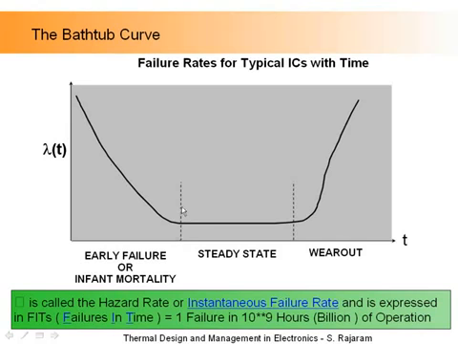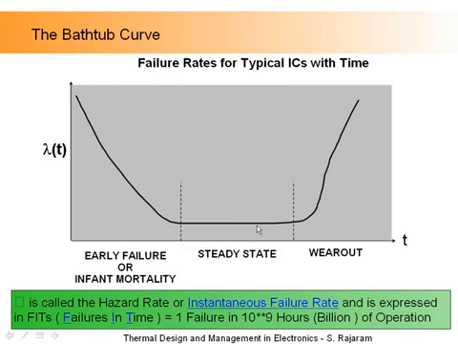So now, when we send the product out, we always weed out this failure, and this steady state period, from the end of failure to where wear out begins, is called the useful life of the product. And remember, I said earlier that during the useful life of the product, lambda is a constant, and that's where it comes from on this curve.